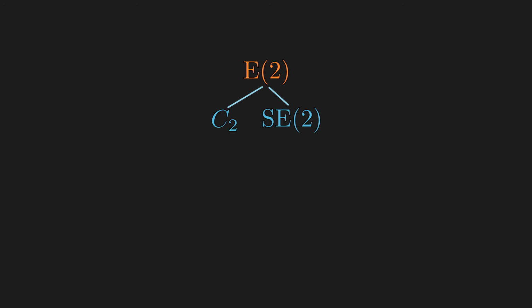And the group of reflection here is the cyclic group of order 2, since the reflection is a 2-cycle. And the special Euclidean group can further factor into rotation and 2-dimensional translations, which can further split into 2 copies of 1-dimensional translation. Is this a complete factorization? Well, no, infinite groups are kinda weird, and these groups can factor infinitely more.